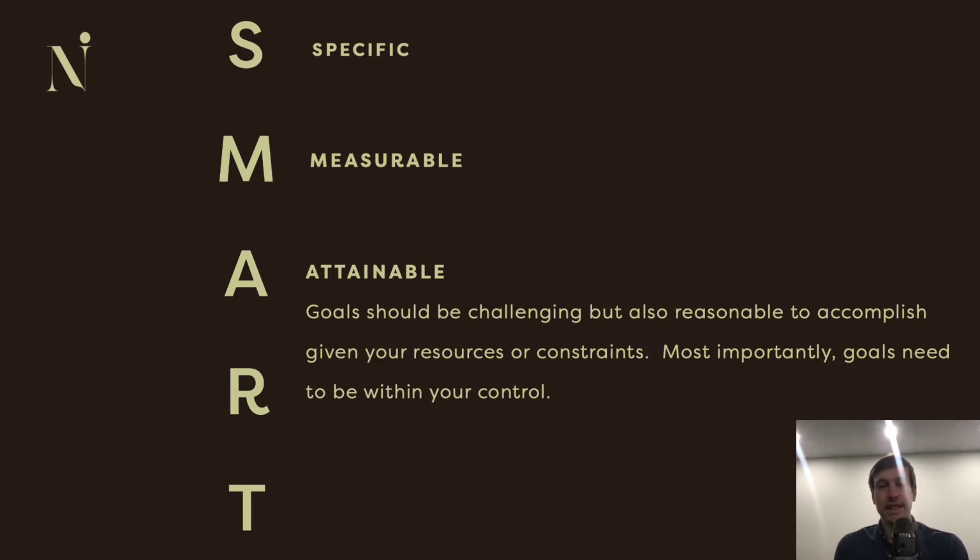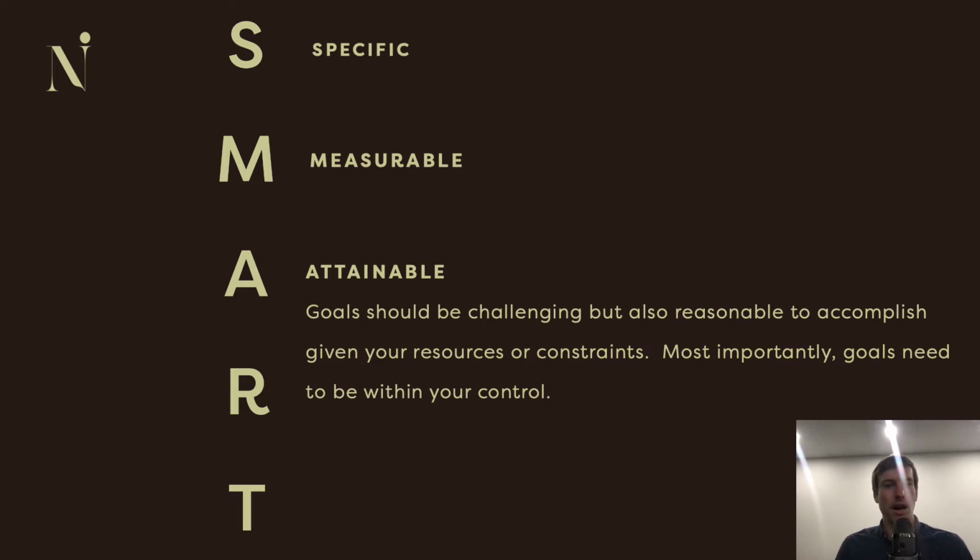If your goal's too easy, it's not really pushing you, driving you to do anything. If your goal's too hard and you never get there, then you feel like a failure. So you want to find that happy medium where maybe you achieve somewhere between 70 or 90% of your goals. Somewhere in that kind of range is a good place to be.